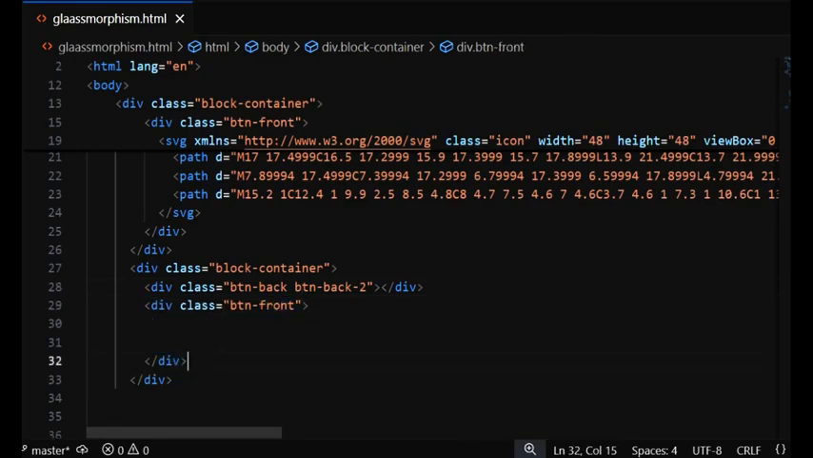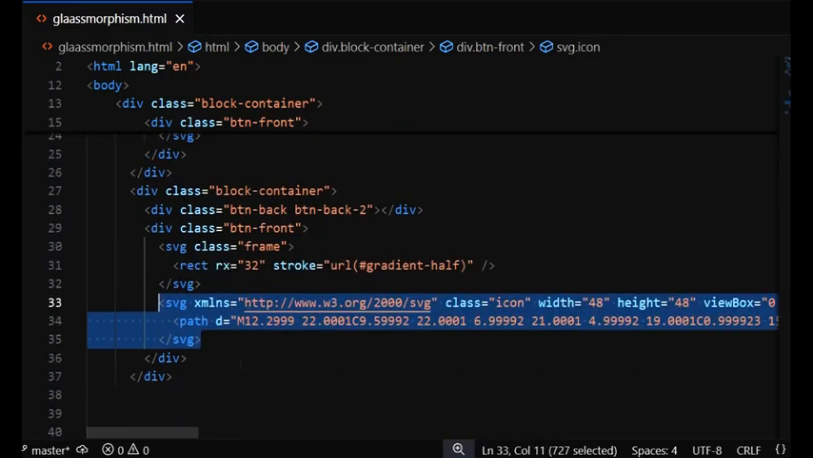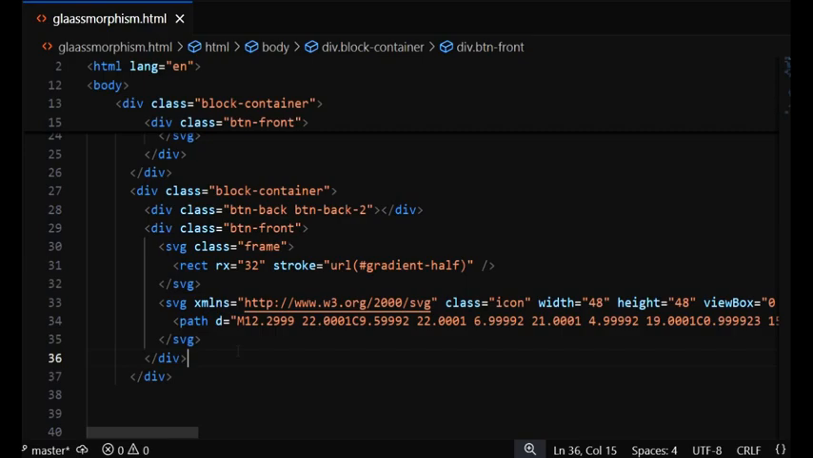So next we will have one more div tag. For this I name it as a btn front. Inside I'll be having two SVGs, and